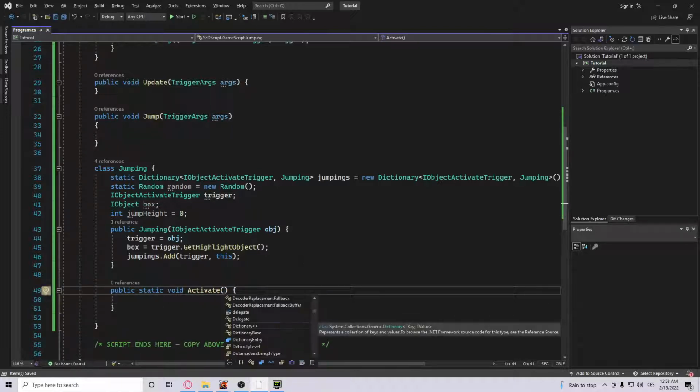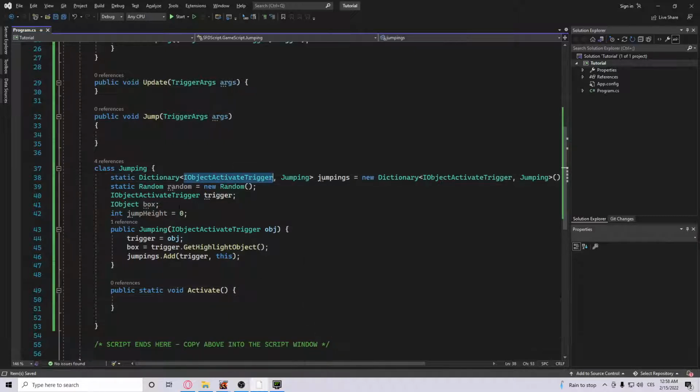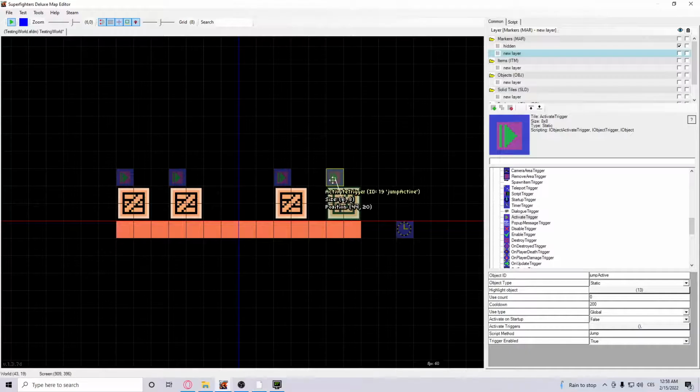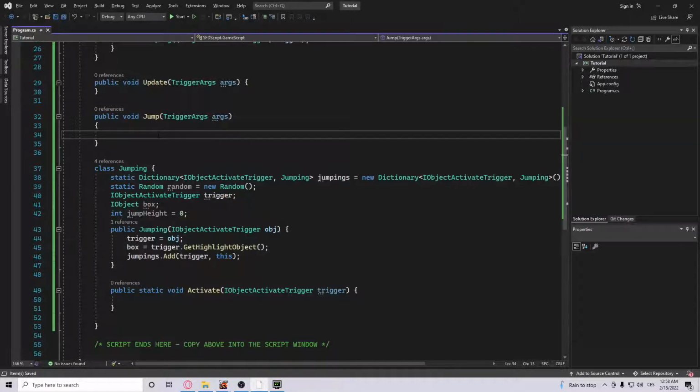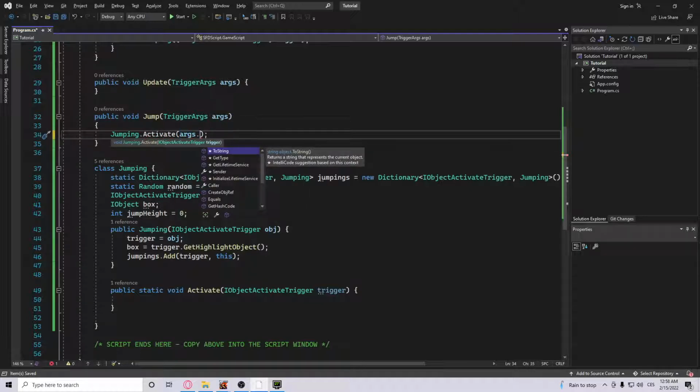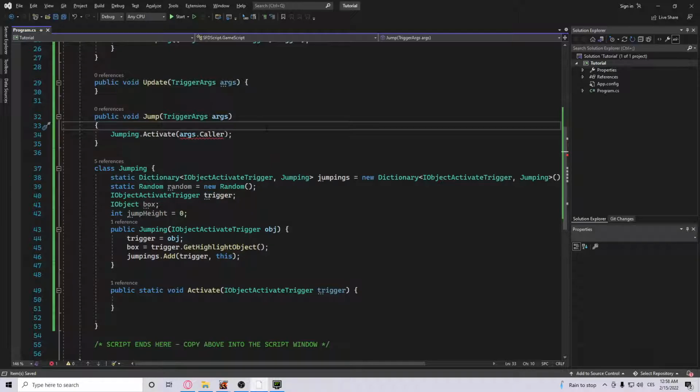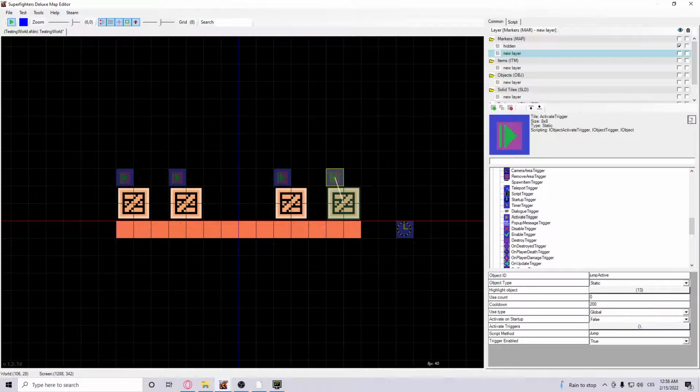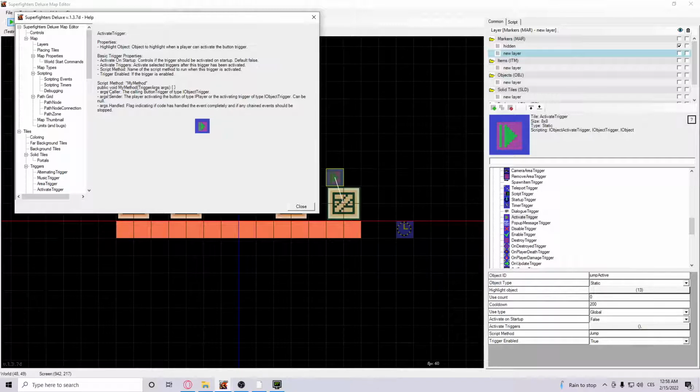And let's take as the argument the object activate trigger, for example, and we need to somehow call that function when we activate the trigger. We can simply do that by saying jumping dot activate, and we will again use the arguments here, args dot caller, to get this trigger. If we press the question mark again, it says that the caller is this object trigger,